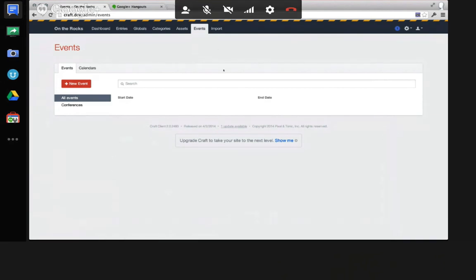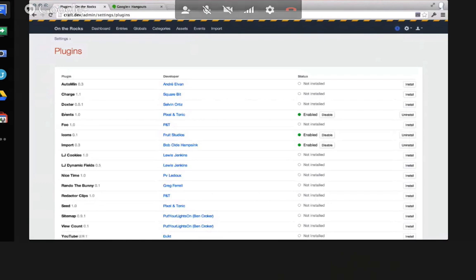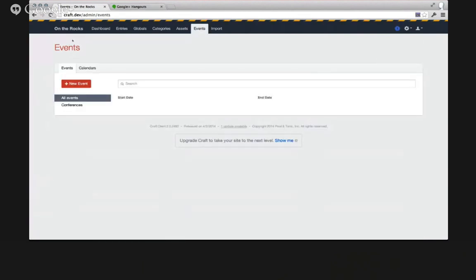So what I did was I wrote this events plugin. You can see plugins. Here it is, and there's no settings or anything. It's just an enable or disable kind of thing. And once you have it in, it has this new tab at the top called Events, and you can see that it looks pretty similar to some of the other tabs in Craft, similar to the entries page, for example, with the exception that it does have these tabs here,